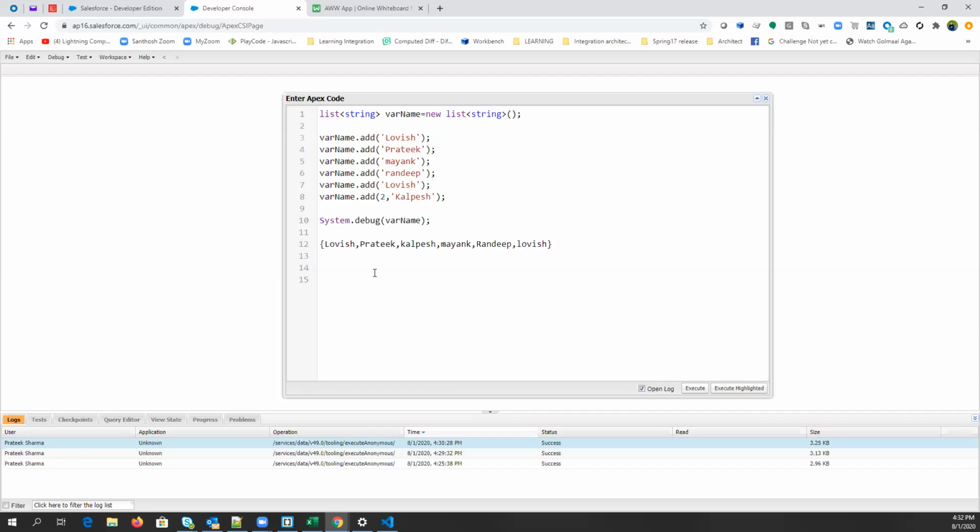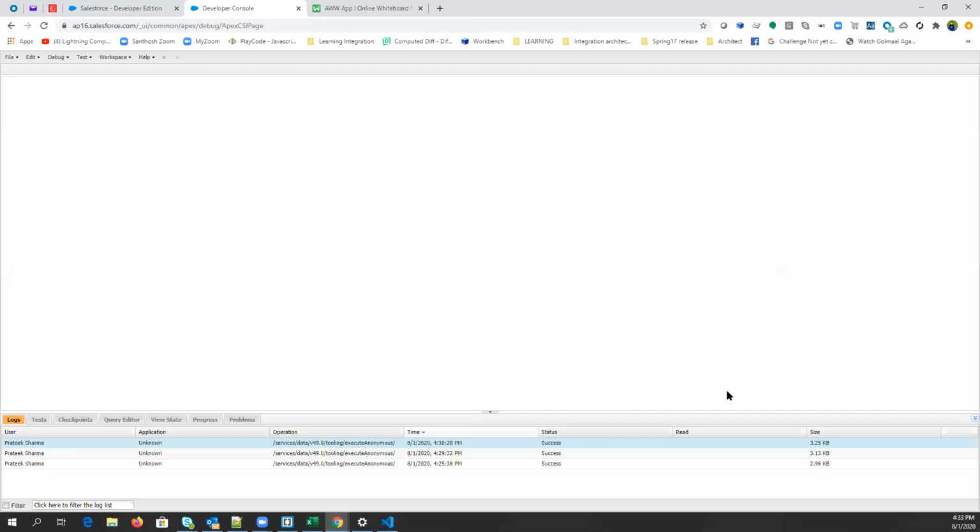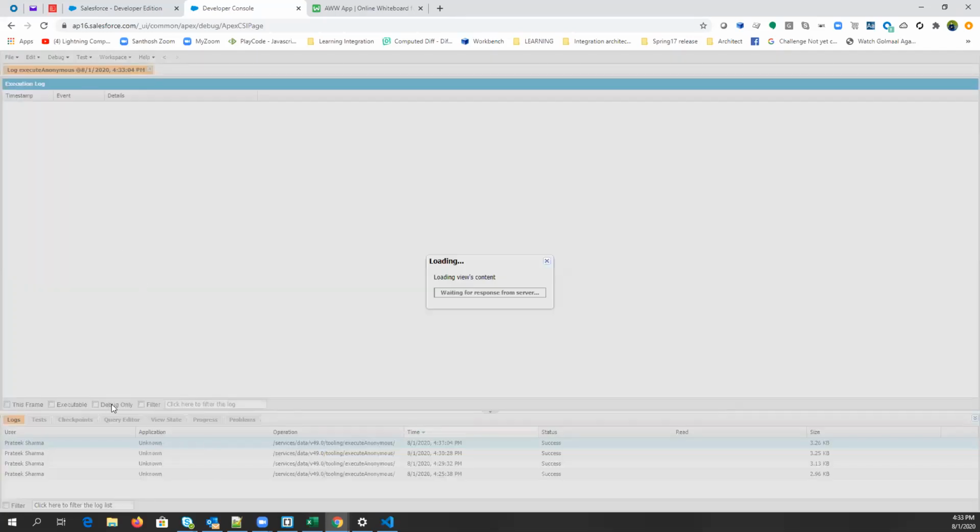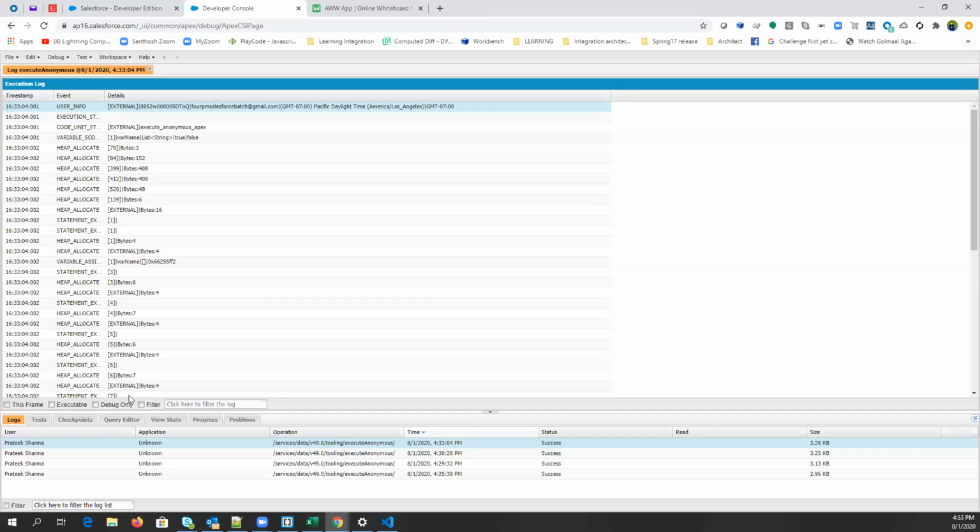Basically, he's asking if we want to print only Pratik or Mayank, then how could we do that. If you want to print Pratik, you have to specify the index. So let's say Pratik is on index number 1. Now we are not printing the complete list, we are just printing the index. So index can be passed like this. Let's just do it. Now the output will only be Pratik. See guys?